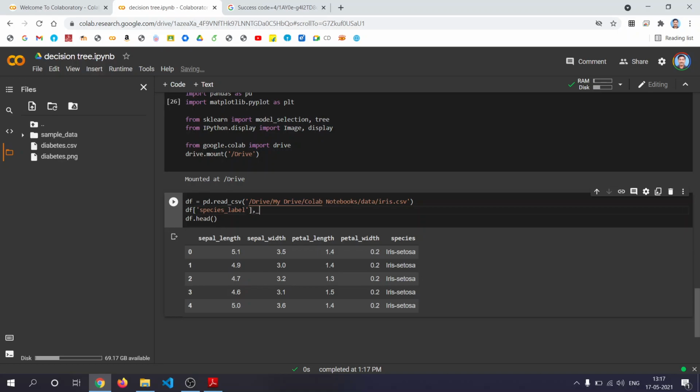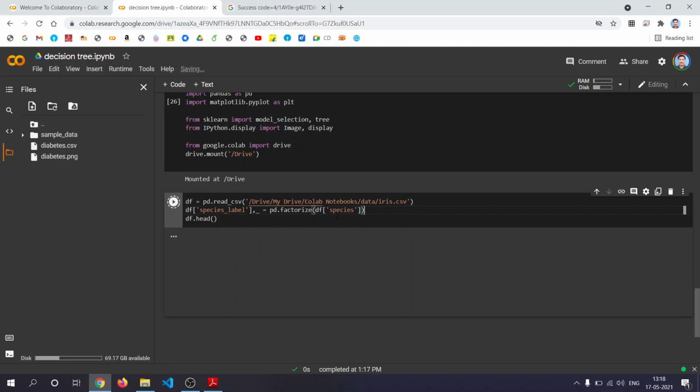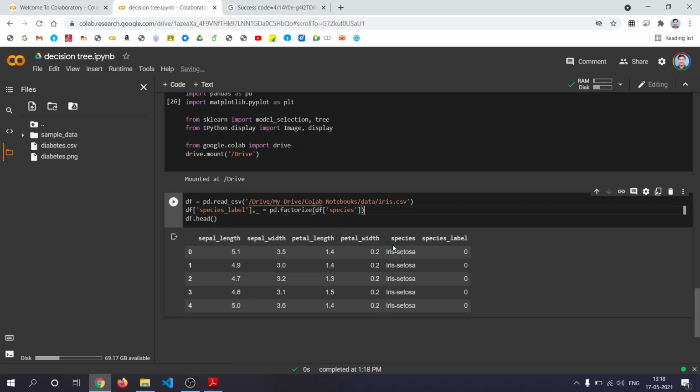We'll add that also to our file, equal to pd dot factorize df species. That's it. So the species column is factorized, and it will be available as values 0, 1, 2.